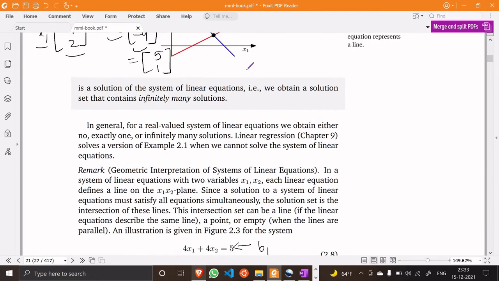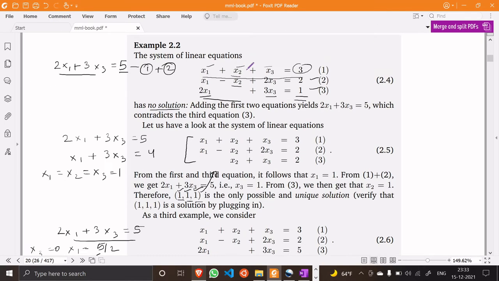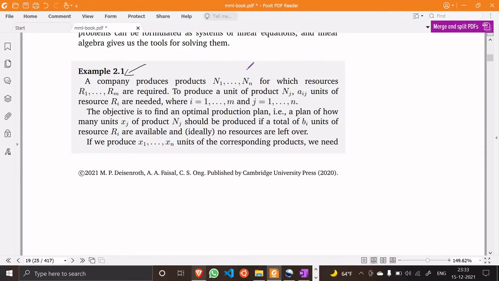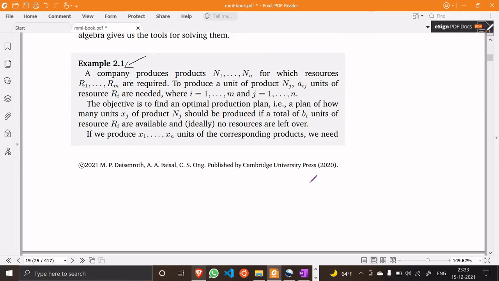Now I move on to that example, which I said is not a very motivating one when explaining the system of linear equations. So let me just try to break it down into a simple explanation so that everyone can understand. Okay, so this example tells us that we have n products, and there are names to each product. So n1 is the product number 1, and nn, I mean this is lowercase n, is the nth product. And similarly, in order to make those products, we have m resources.